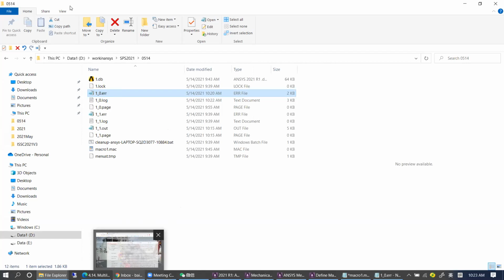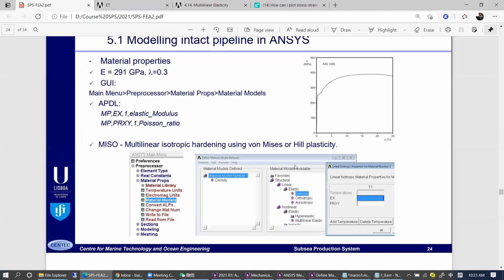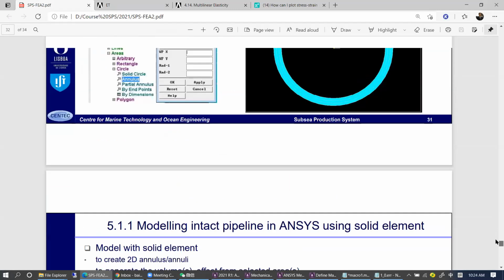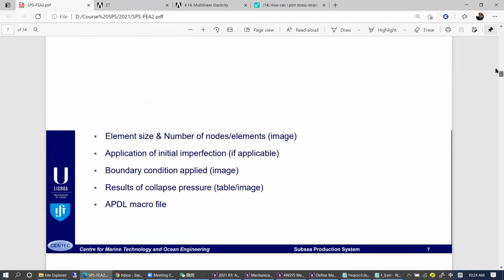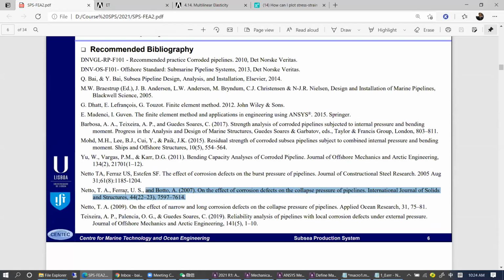The curve will be more or less like this. Okay, as you could see in the reference paper. At the end of this part 4, okay. For instance, if we are referring to the 2007 or 2005 paper,